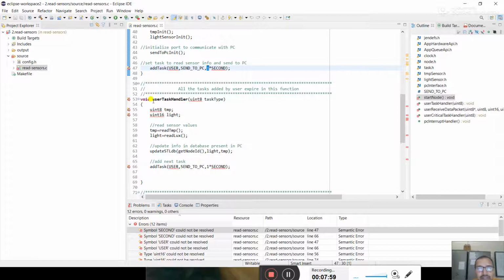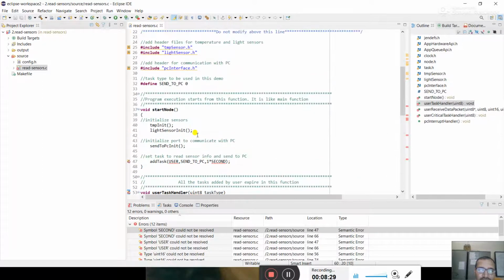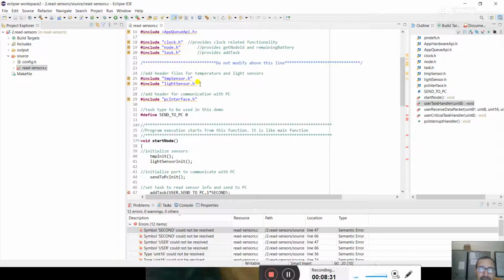Next you will find the user task handler, which is an unsigned 8-bit integer, and there is a task type. The user task handler will take the data from here, because we need to find the value of temperature and light. Here are the functions read temperature and read lux. These are already defined in the header files.